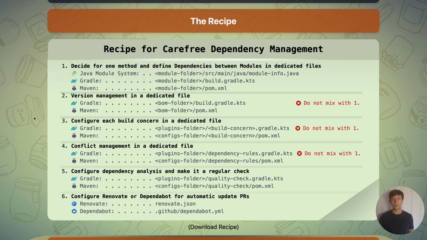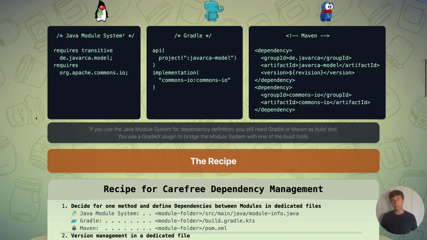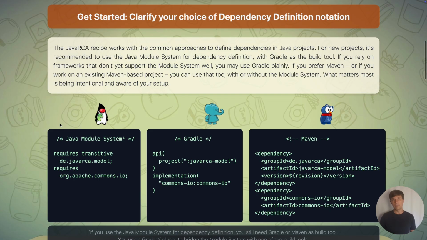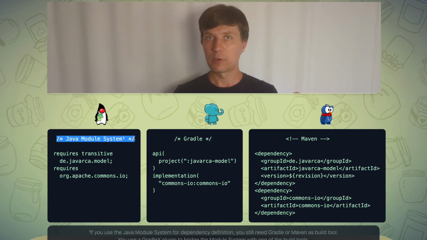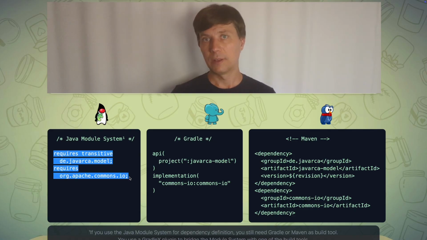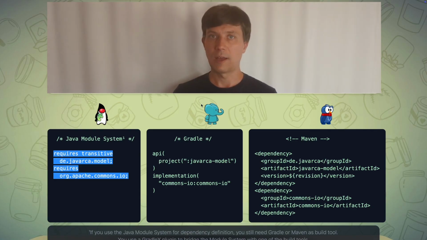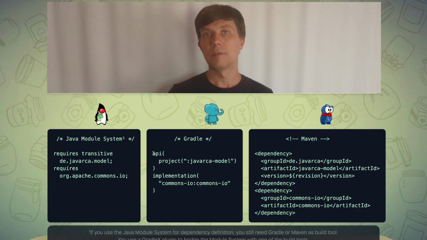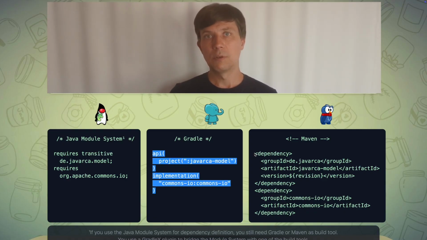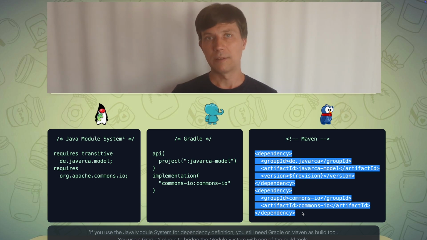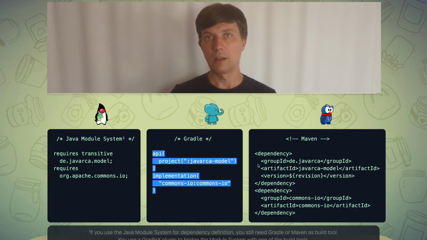That's where the build tools Gradle and Maven, which are also dependency management tools, come into play in the Java ecosystem. So before we look at the details, we can say that there are three common ways to declare dependencies between modules in Java at the moment. The first thing is using the Java module system, which is a notation from Java itself that was introduced with Java 9. This is, however, not yet widely used. The second and third options are to use one of the build tools to declare dependencies. Because when these tools were developed, the Java module system did not yet exist. These tools came up with their own notation for dependency declaration. So you have the choice to use either Gradle or Maven.